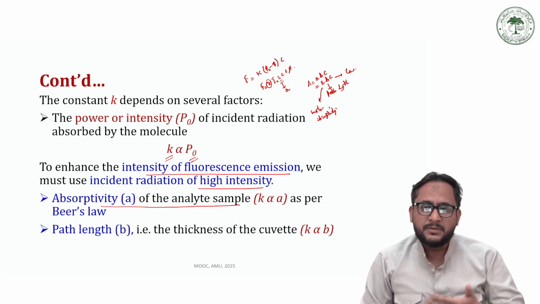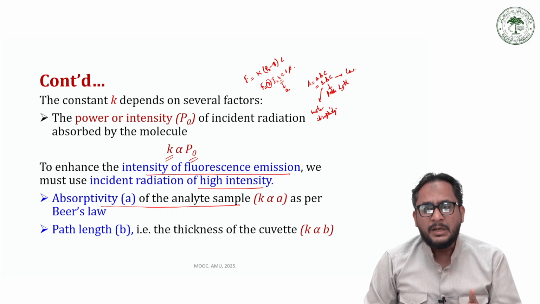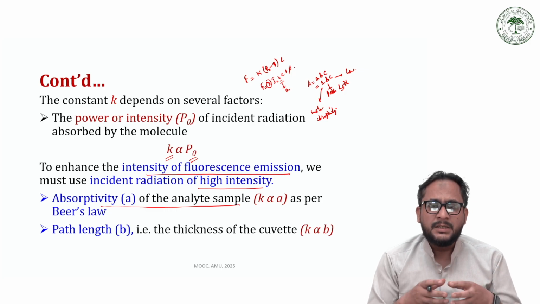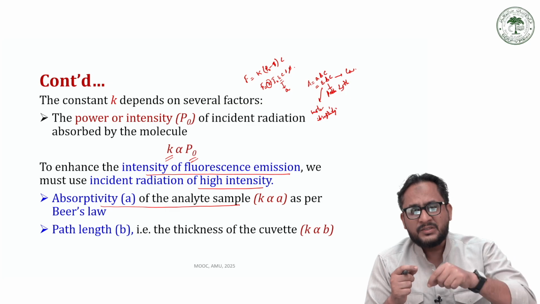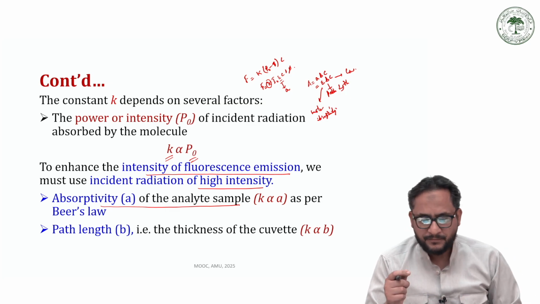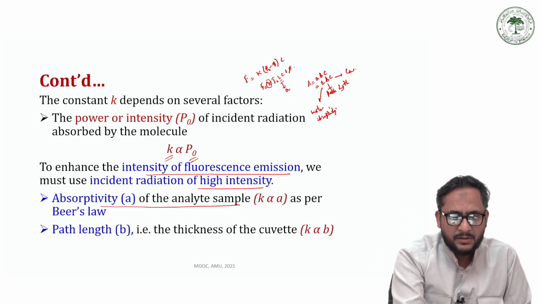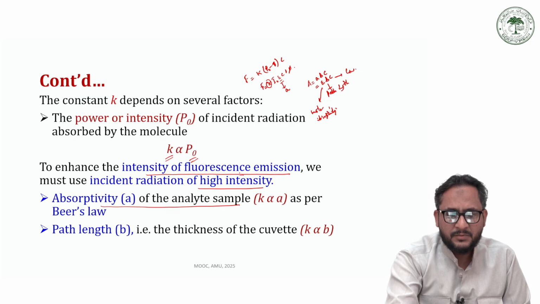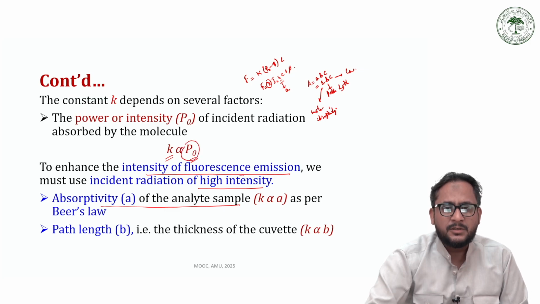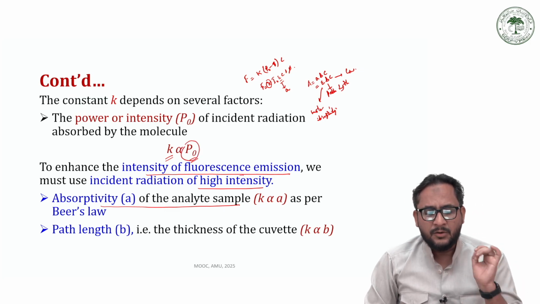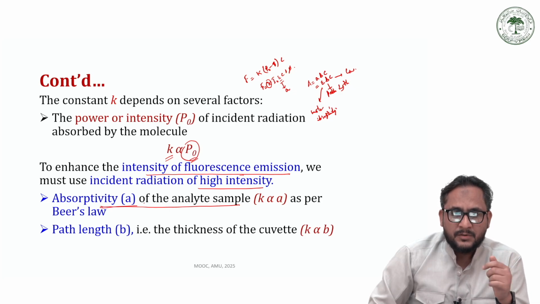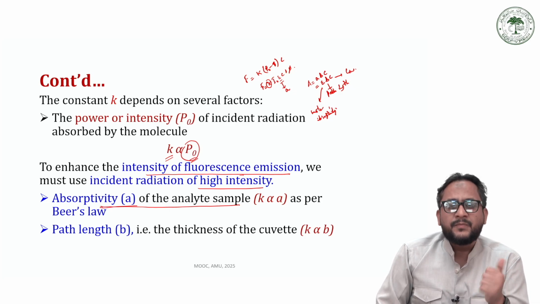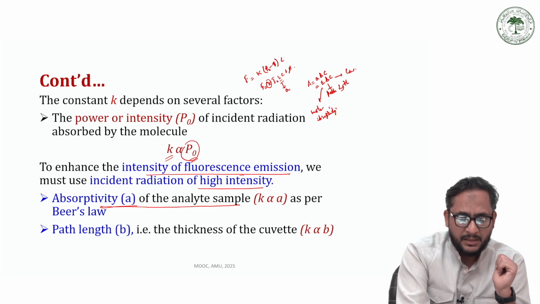In case some samples have high molar absorptivity while some have low molar absorptivity, it basically depends upon the presence of fluorophore in the sample. So in order to increase the intensity of fluorescence radiation, we must take a higher value of P naught, meaning the intensity of incident light should be high. Further, the sample should have high molar absorptivity, which will increase the chances of fluorescence emission, and the path length should